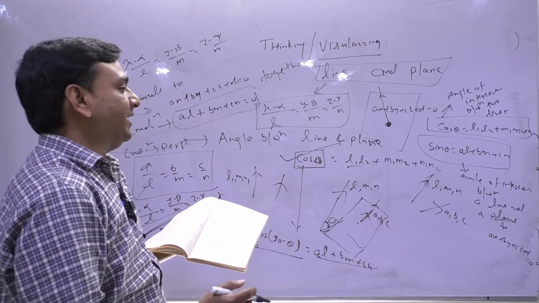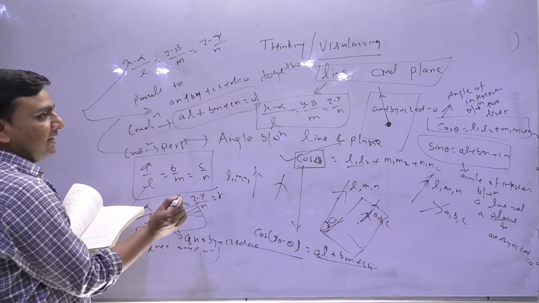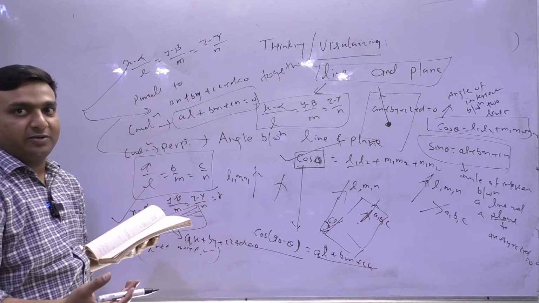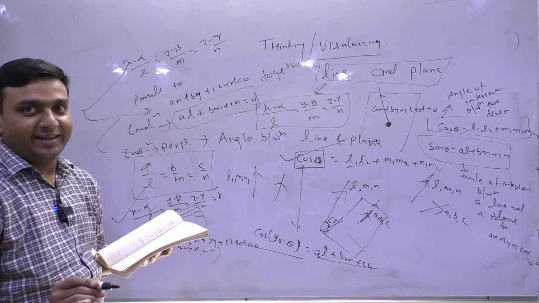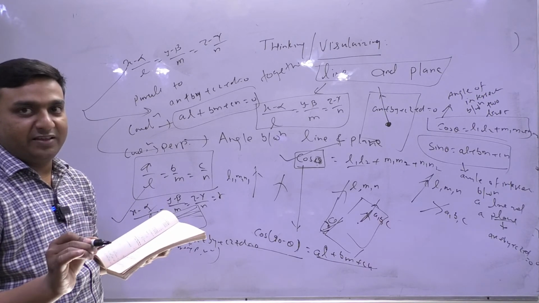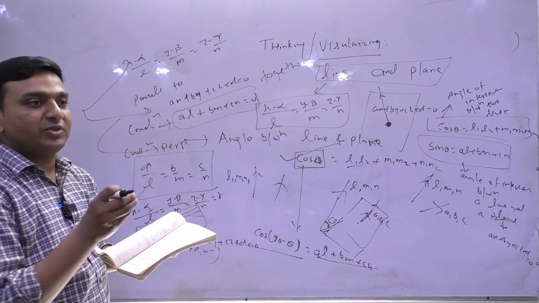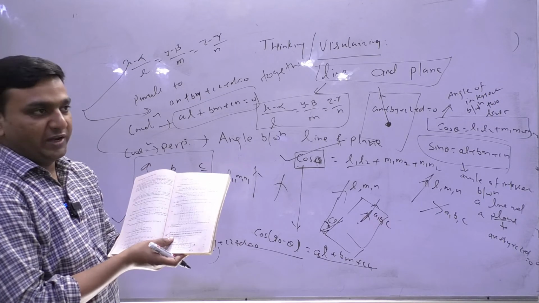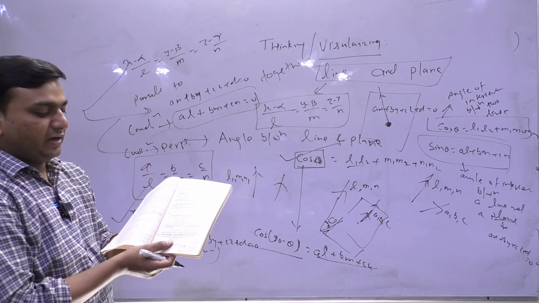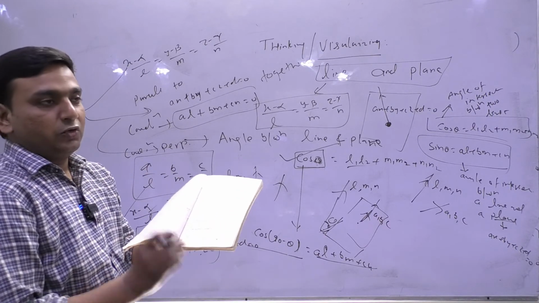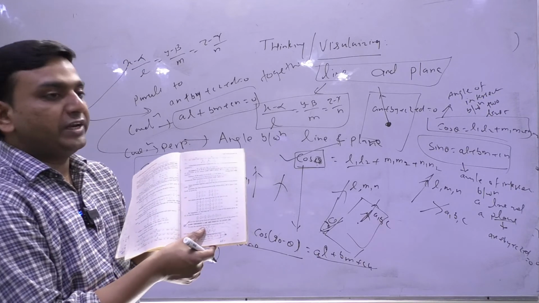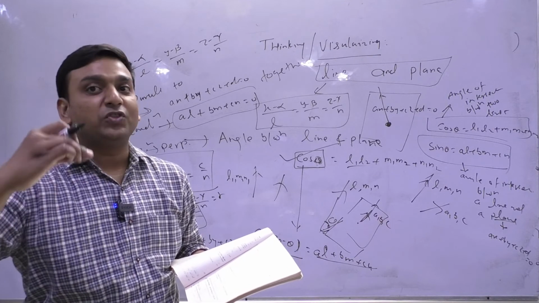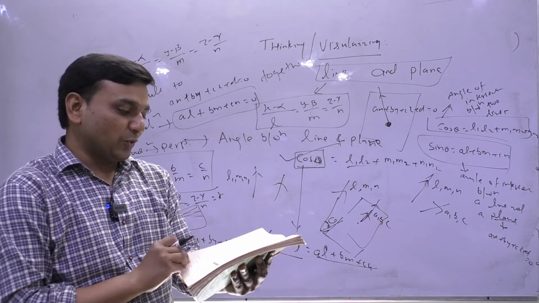So there is a plane, it has its DRs, there is a line, it has its DCs and it is passing through some point. Getting it? The line is there, the plane is there, to get some condition with the given information. So there are some articles like this: coplanar lines, plane containing a line and parallel to another line. So you are suggested to read those logics. I have told you how to think, that I already told you.